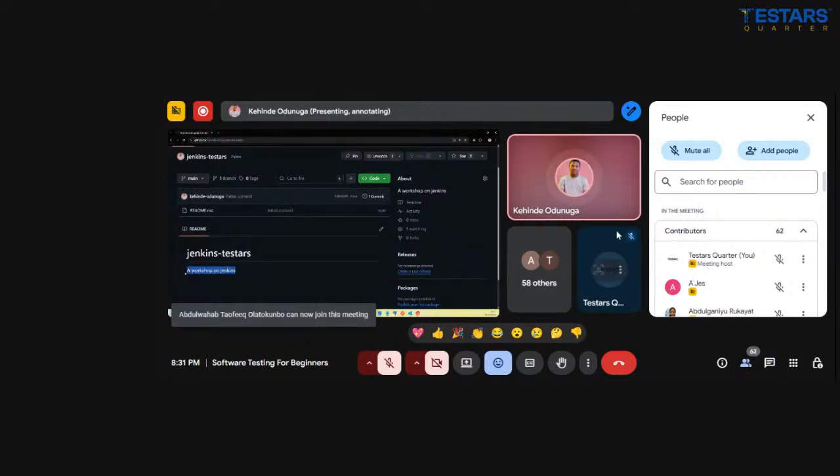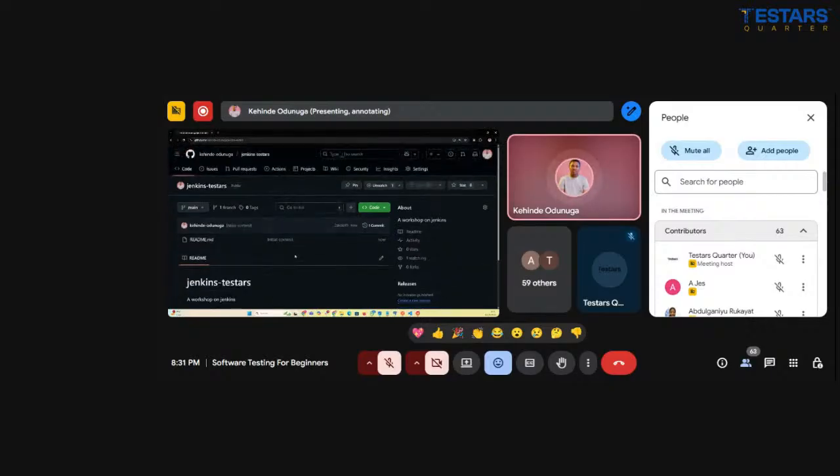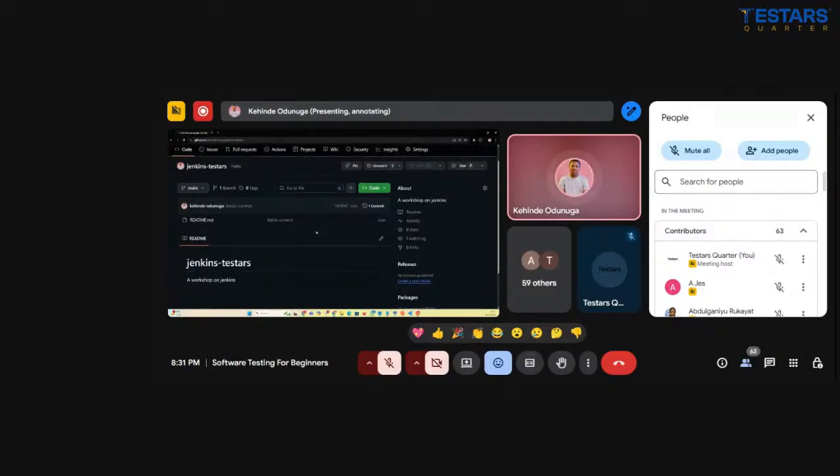And this is the description of our repository, the one we gave just now. So the first step is to open a GitHub account. The second one is to set up your repository like this. And once you are able to set this up, then the next thing is to then